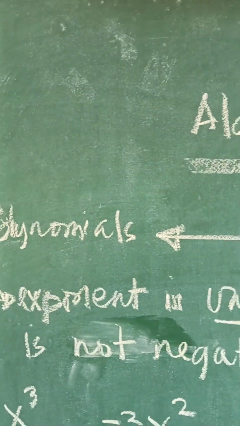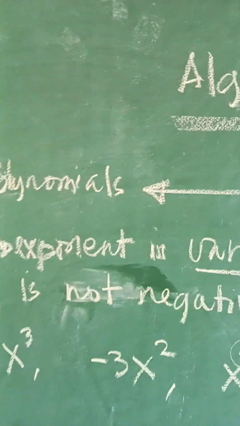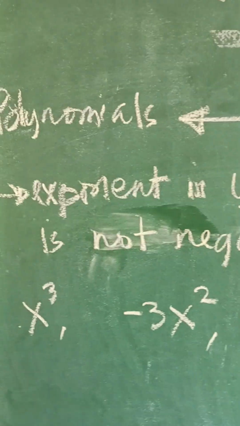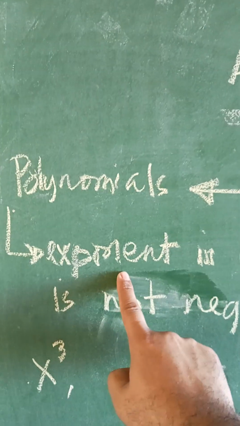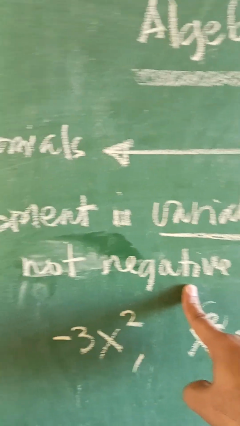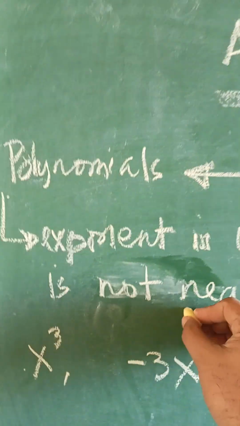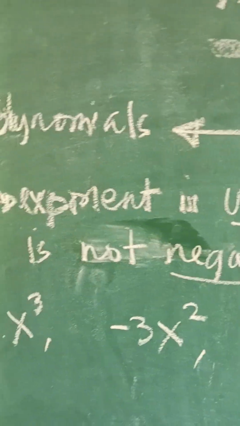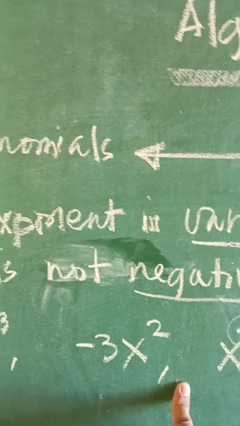Okay, so when can we say that the algebraic expression is considered polynomial? There are three characteristics actually. The first one is algebraic expressions are considered polynomial if the exponent in the variable is not negative. So it is being clarified here that the exponent in the variable should not be negative. So it could be that the exponent of the variable could be 0 or positive as long as